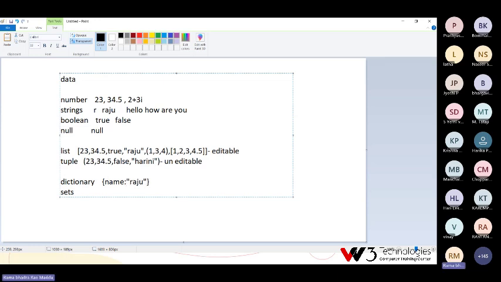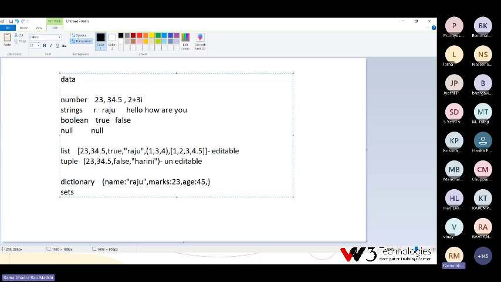So the key is name, the value is Raju. And for example, marks colon 23. Now marks is the key, 23 is the value. Age colon 45 means age is the key, 45 is the value.